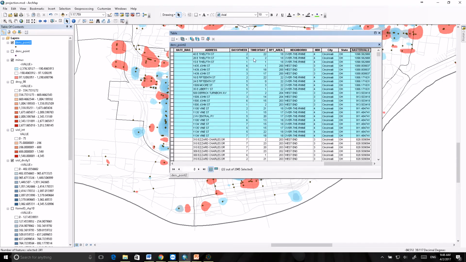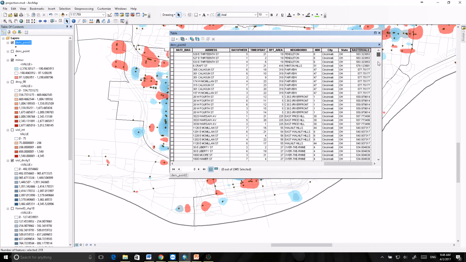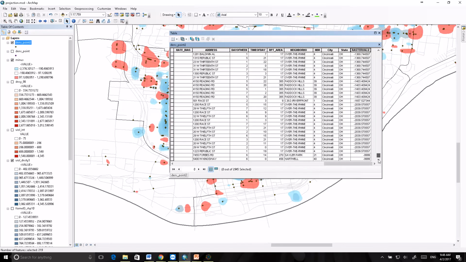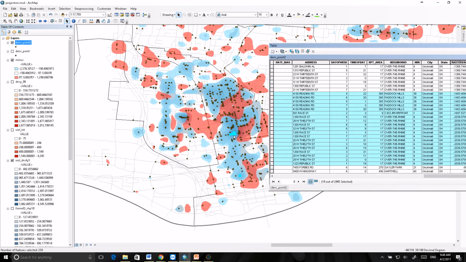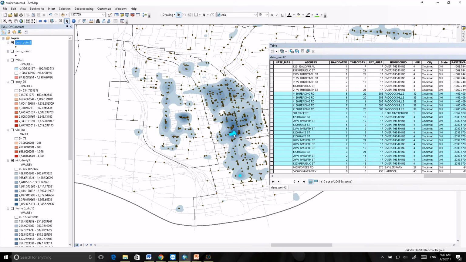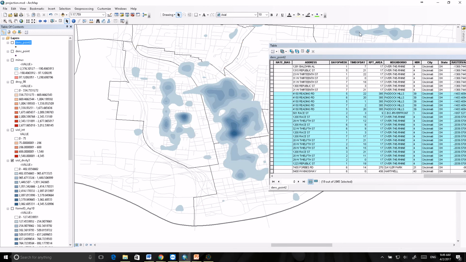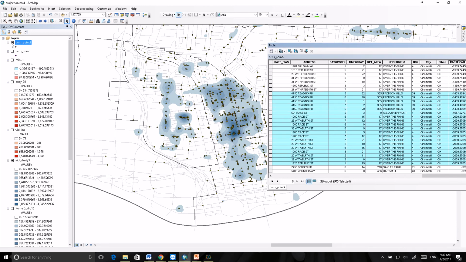And let's go to the bottom, clear the selection, go to the bottom. So these are the areas where crime is no longer occurring. I think Cincinnati Police Department maybe did something. As we can see, this area, let's take this one, minus. This area was a hot spot for the year of 1997, but it's not anymore in 1998. So there's a difference, and the difference is huge when we look at our